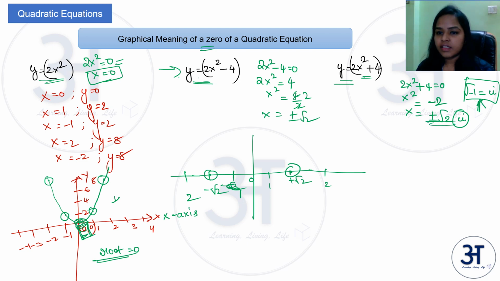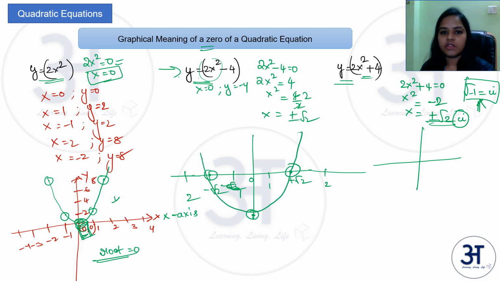So in this case, let us see how the parabola comes. Here, the parabola must definitely be intersecting these 2 points. So let us take a case where x equal to 0. Take a point where x equal to 0, y equal to minus 4. So your parabola will be opening upwards here. This is your parabola in this case. In this case, what is your parabola?